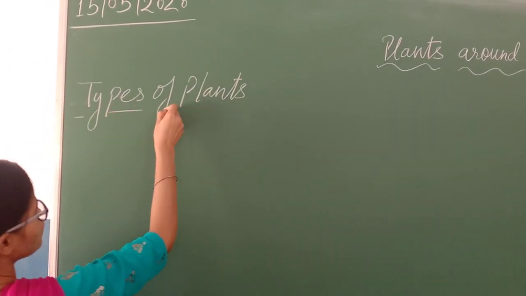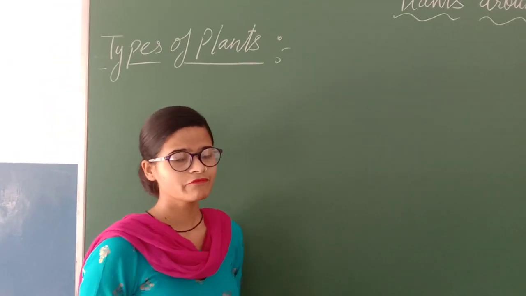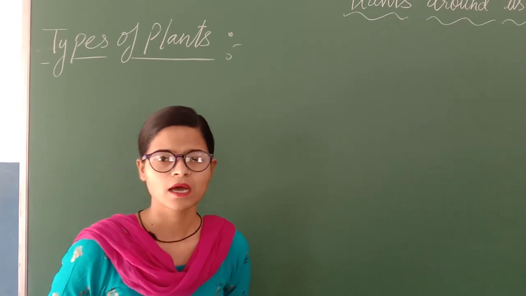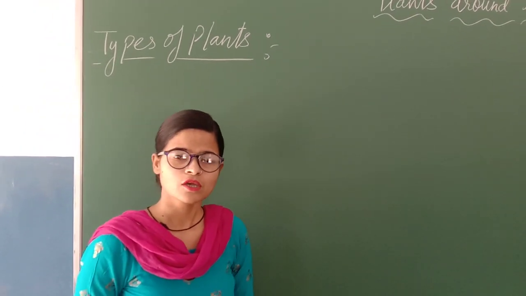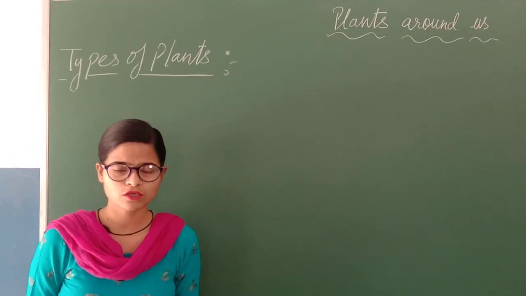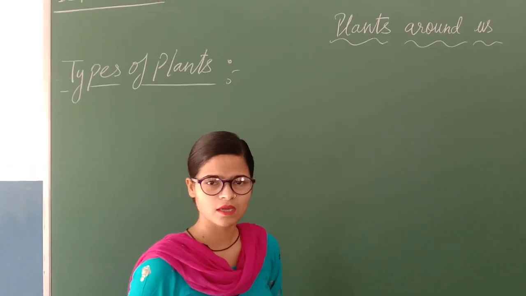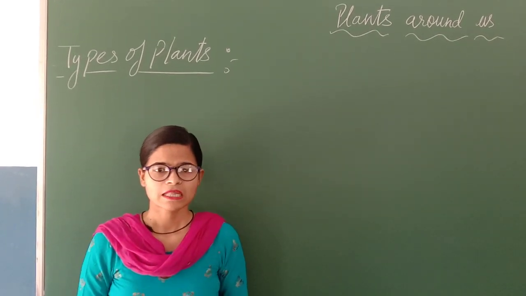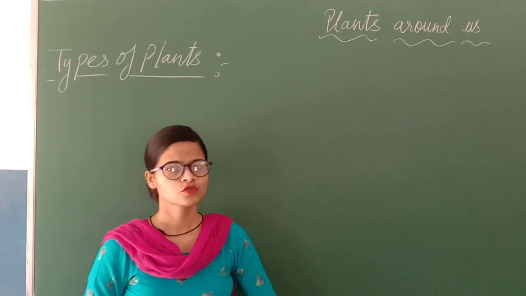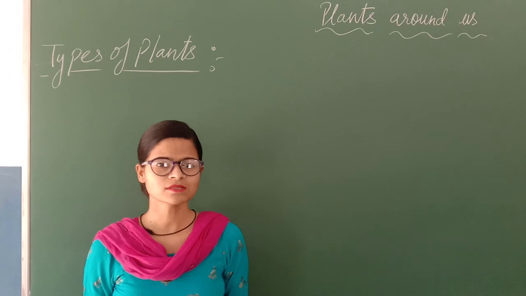As you all know, we live on this earth, and we need air or oxygen to live on this earth. For that we need lots of plants and lots of trees around us. What do these trees do for us? These trees provide oxygen so that we can breathe and live on this earth.